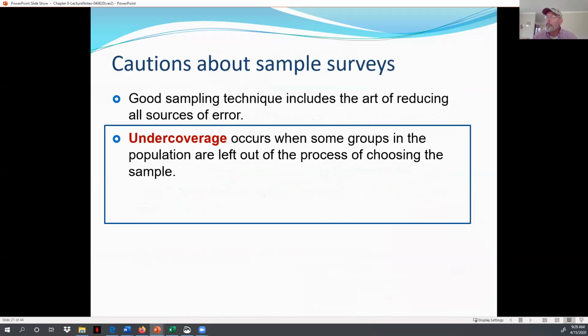So this type of bias is undercoverage bias, okay? That means when your survey is going out to people that have a specific characteristic and you're not getting other people that don't have that characteristic. For example,